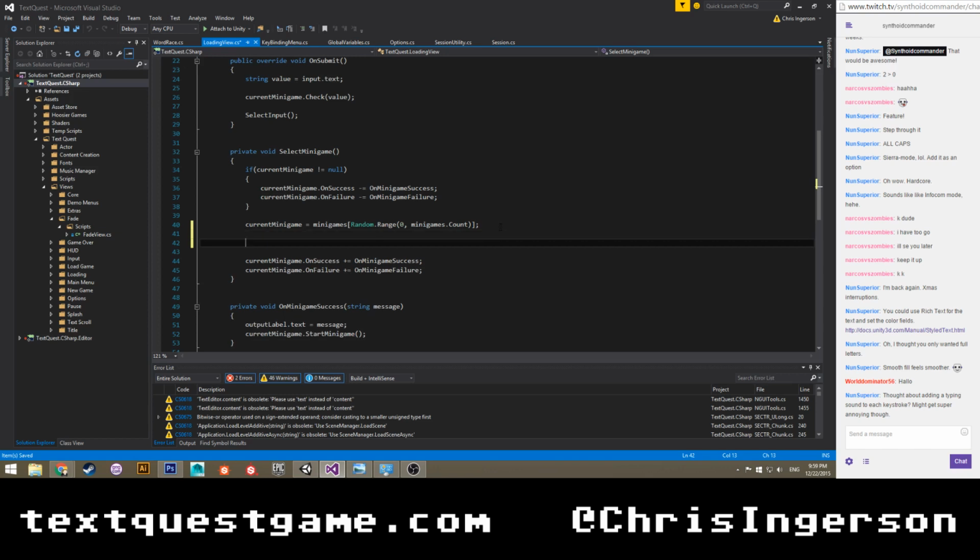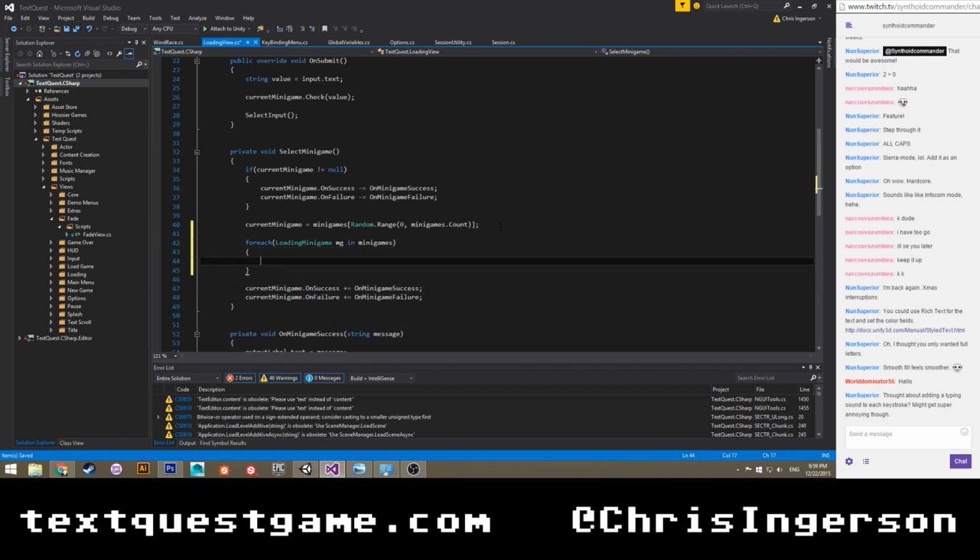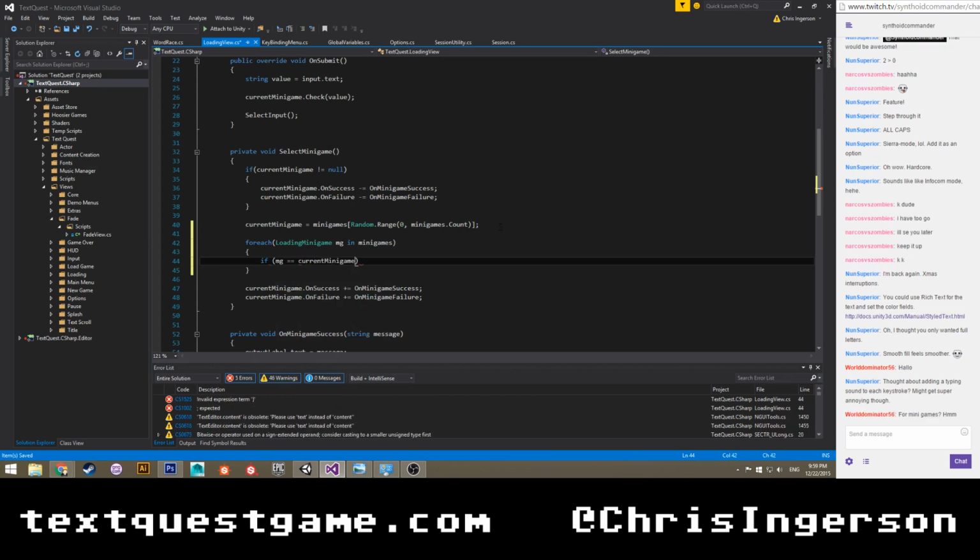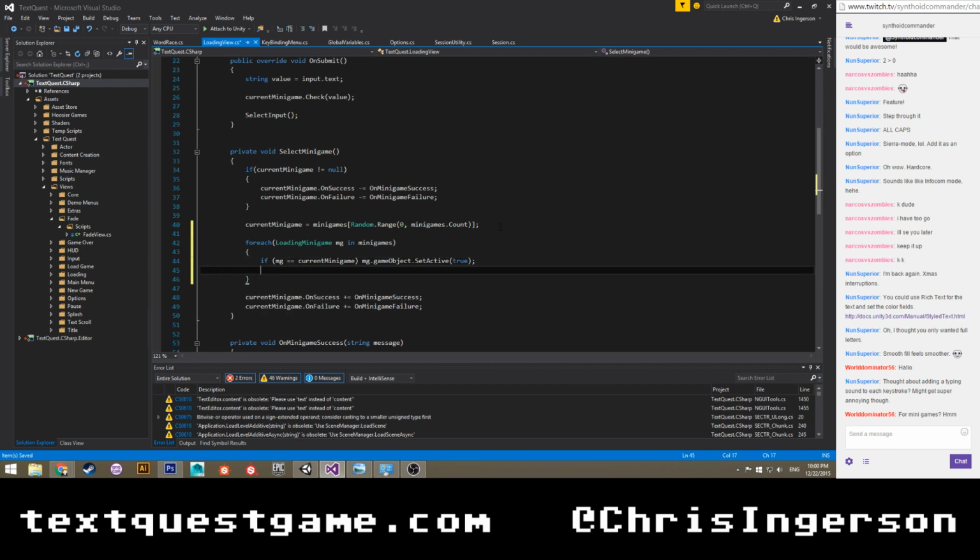And we're just going to say, for each loading minigame, MG in minigames, if MG is equal to current minigame, mg.gameObject.setActive true, else mg.gameObject.setActive false. There we go.